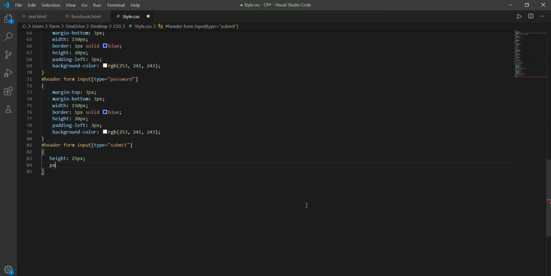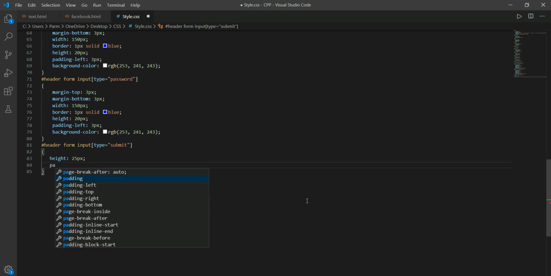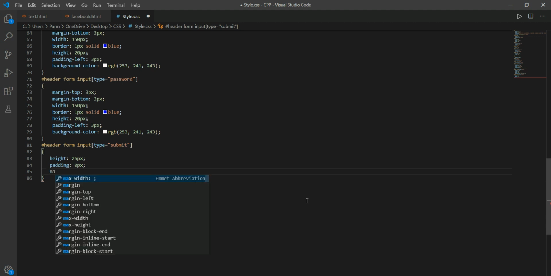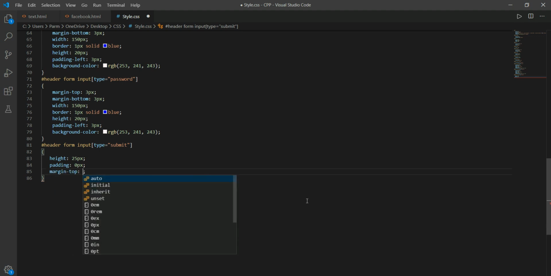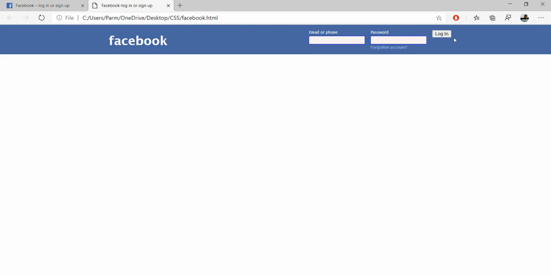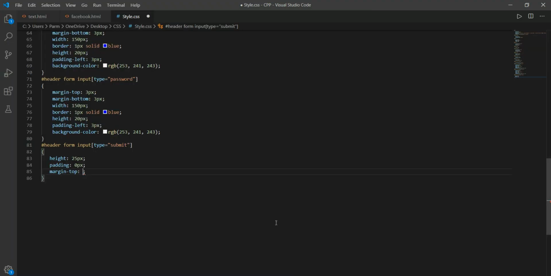So for this I'm setting padding 0 pixel. Margin top. If I see over here, this is somewhere equivalent to the Facebook, so to this I have set the margin top 25 pixels, so I'm setting this also 25 pixels,